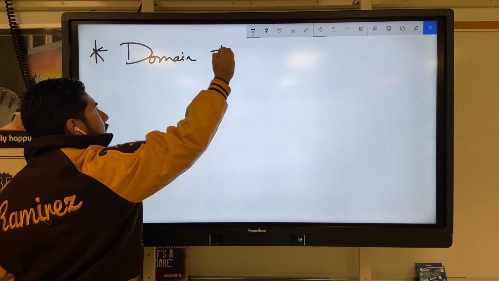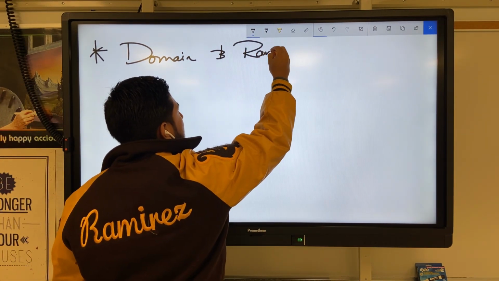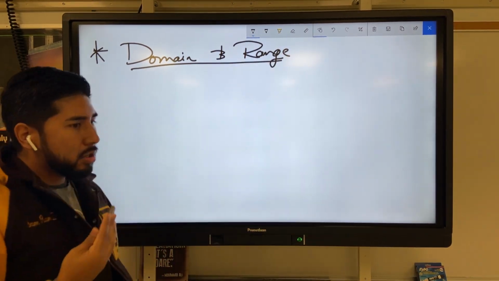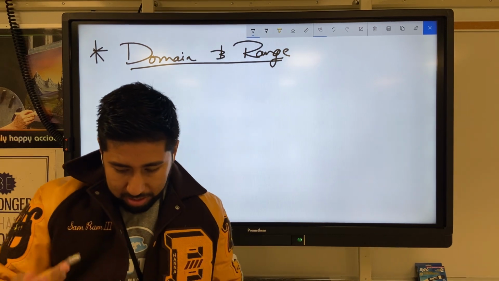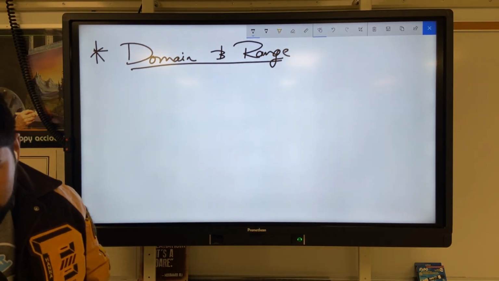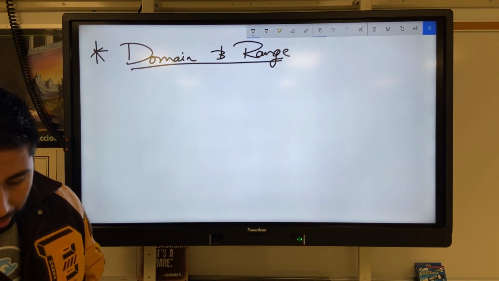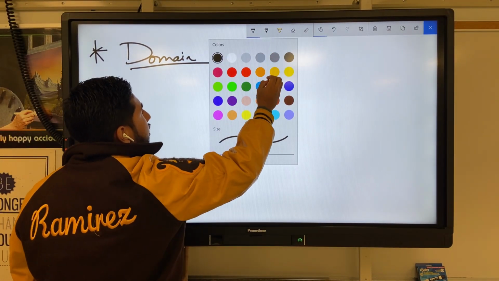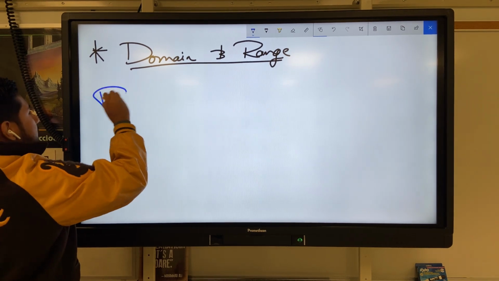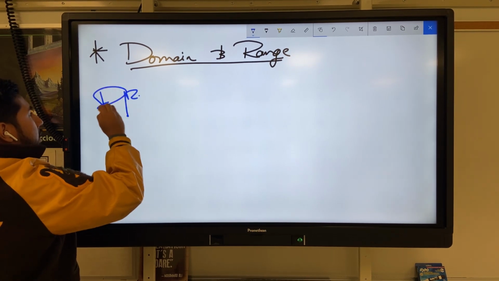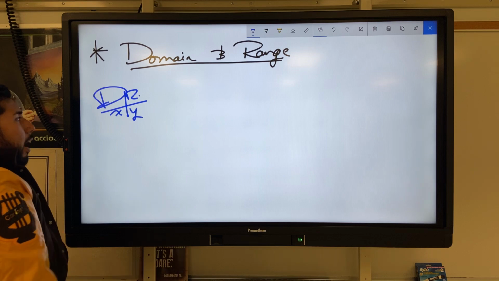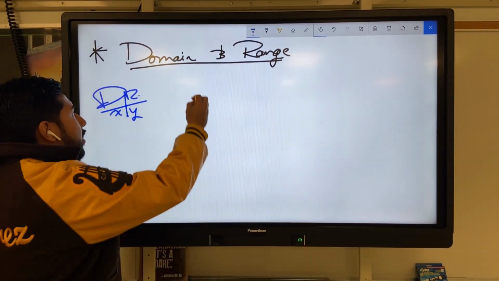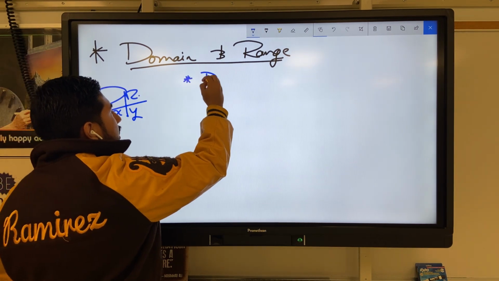Domain and range. Sir, what are you talking about? That's easy. Hey, but to me, this was the hardest thing for me in school. This is difficult because you can get stuck in any part of the problem. Don't forget, the way I remember domain and range, who's x and y, is you're going to the doctor, x, y. Okay, so make sure you know doctor x, y, and then we'll talk about two little parts, discrete